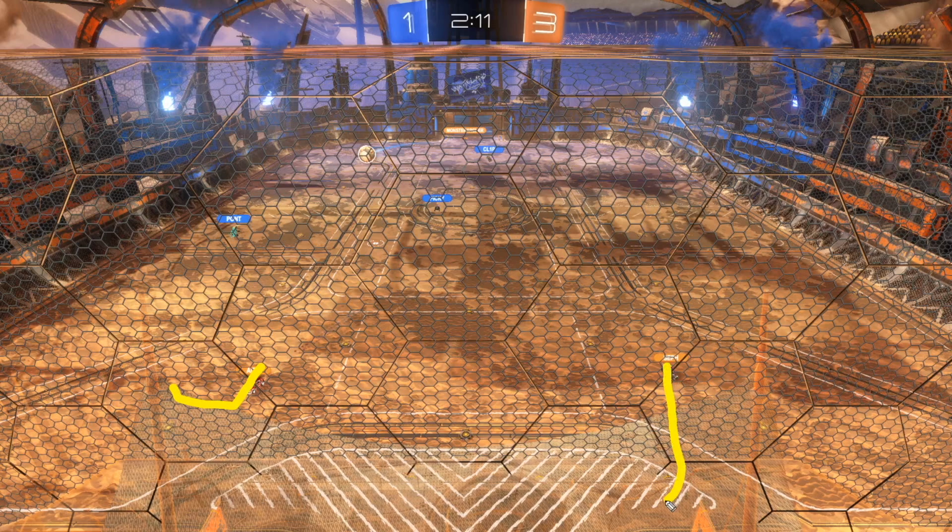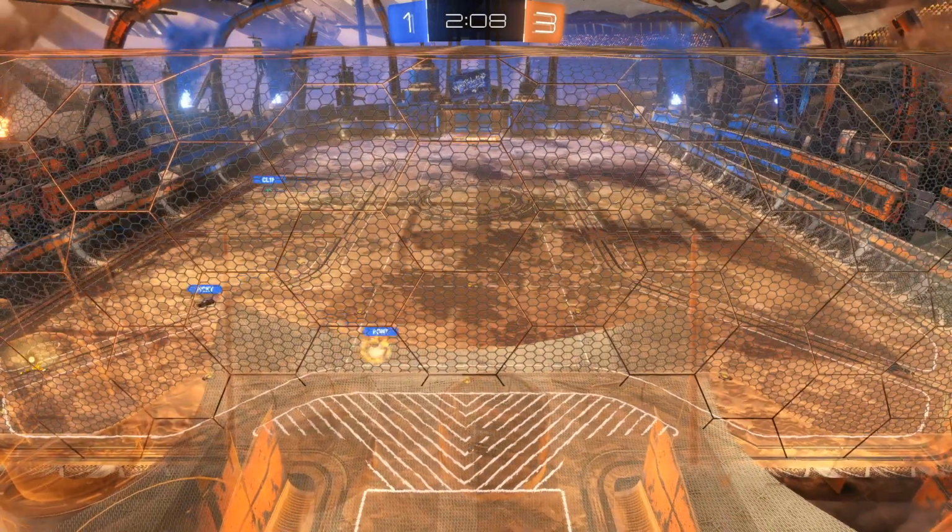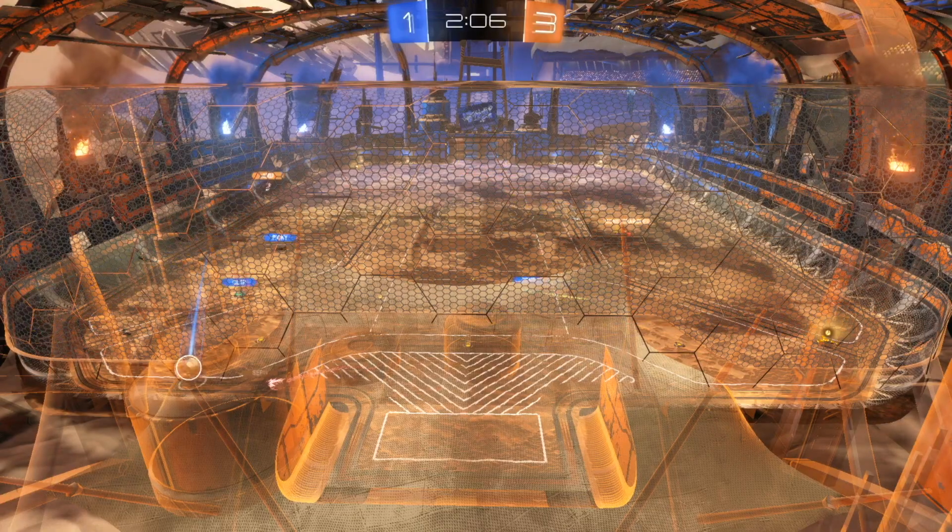Seth should rotate through back post, go to front post, and Monster should rotate around, grab some pads, and rotate to back post. Asia and Seth have to buy Monster time to get to that back post because he just challenged an aerial and hit it mid and landed mid. So Seth does that, he rotates front post, Monster rotates back post,